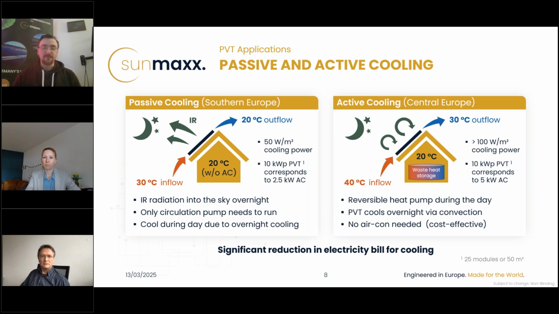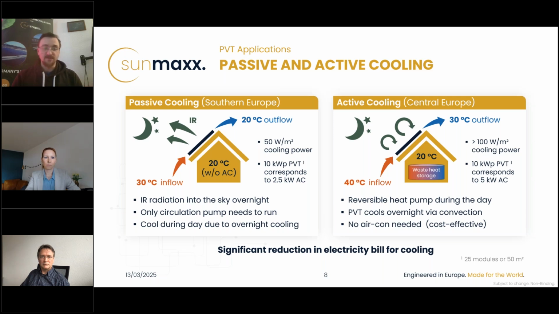And a bonus that we can use the PVT for is the cooling. That means we can extract heat in summer from the buildings and give it to the roof inside of our PVT modules, and via the radiation to the sky and the cooling effect to the cooler ambient air, we can lose this heat and go with a lower temperature inside of our building.